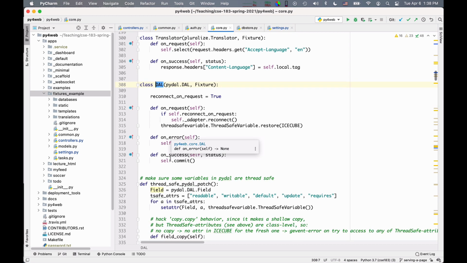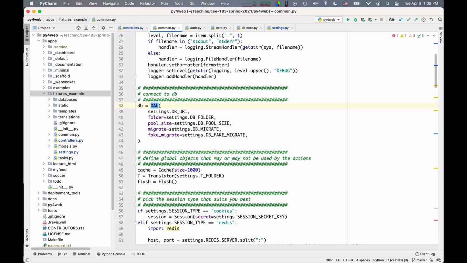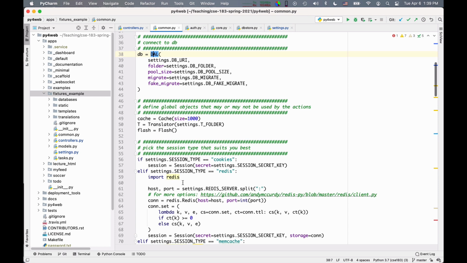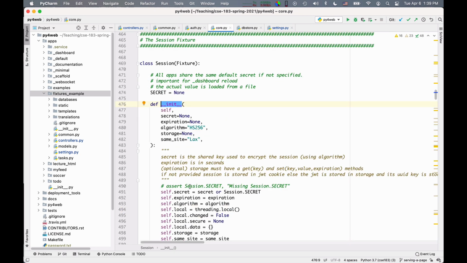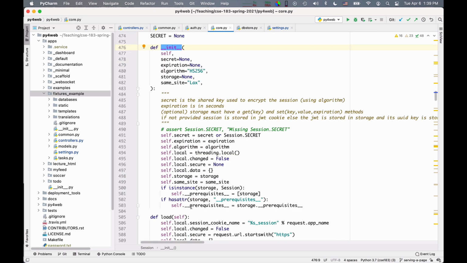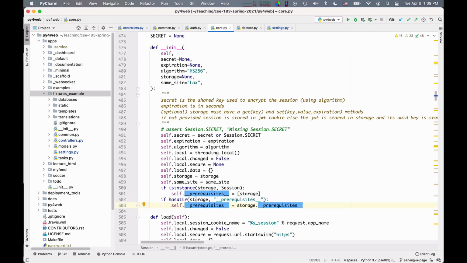But if you look into the session object, which is created here, you will see this funny line that says, hey, if you want me to use storage, then I need to have storage in my prerequisites.